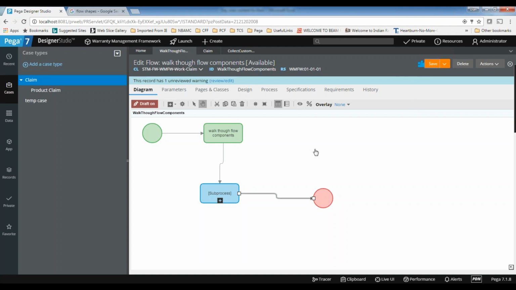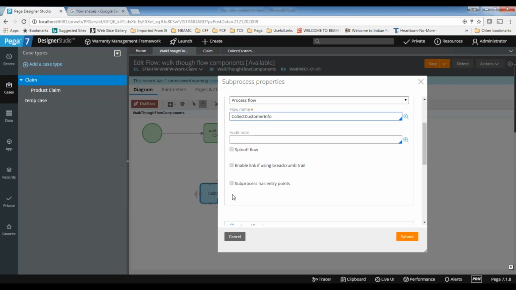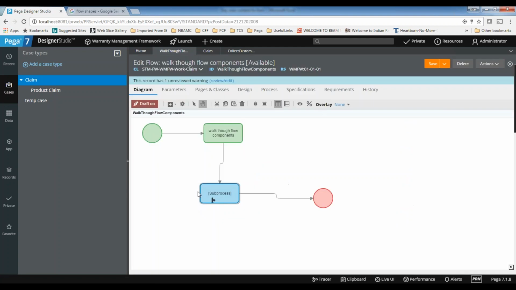And if you want parallel execution, you can spin off the flow. If you want to spin off the flow, you can just right click on it. You can see the spin off button coming. Select spin off flow, and you can see that the symbol is also changing. So those are two execution modes. If there is a dependency, let's say this flow diagram is dependent on this flow diagram's output or some execution, in that case you need to go for sequential execution, definitely, because the data is dependent on this.